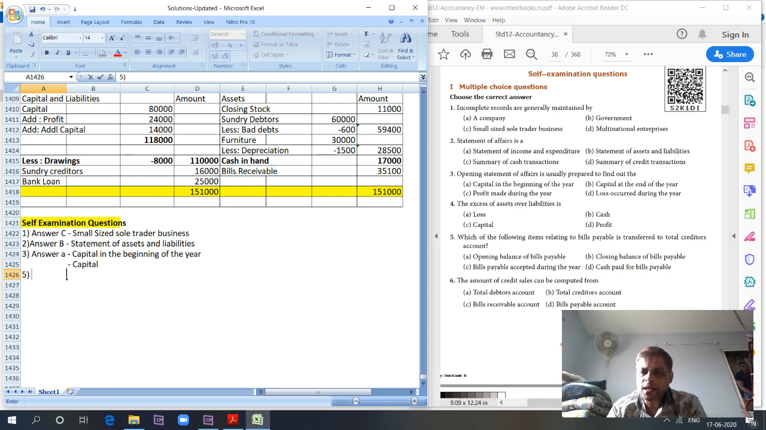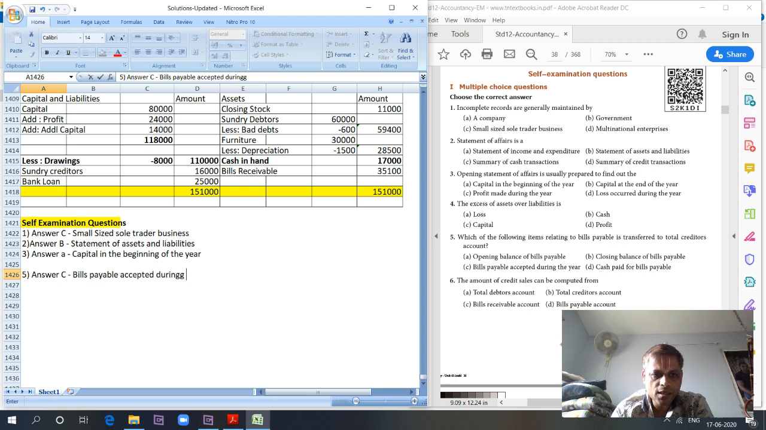Which of the following items relating to bills payable is transferred to the total creditors account? What do we identify from bills payable? Bills paid during the year, bills honored during the year, bills dishonored during the year, or new bills created during the year. When we create a new bill, the journal entry we process is sundry creditors account to bills payable account. So the item relating to bills payable transferred to the total creditors account is bills payable accepted during the year, where a creditor converts the amount due into bills. That is transferred to the total creditors account. So the answer is C, bills payable